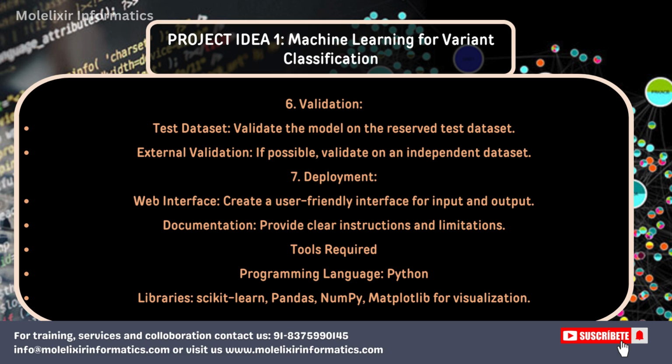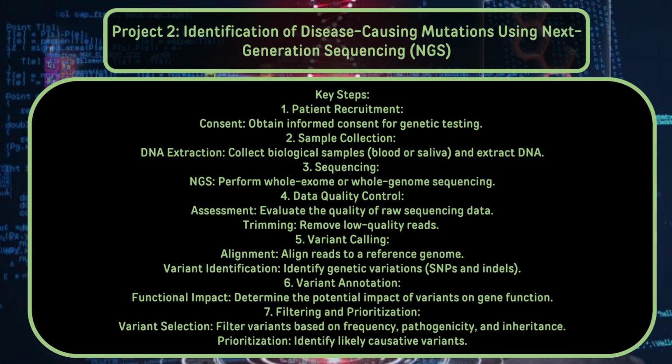So, the tools required here are: programming language, Python. Libraries: scikit-learn, pandas, numpy, matplotlib for visualization. Second project: identification of disease-causing mutation using next-generation sequencing. Objective: to identify and validate pathogenic mutations in patients with rare genetic disorders using